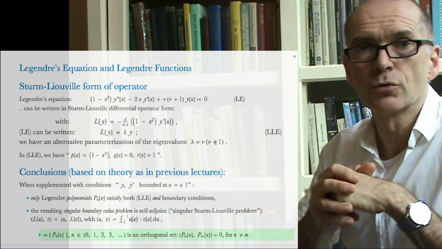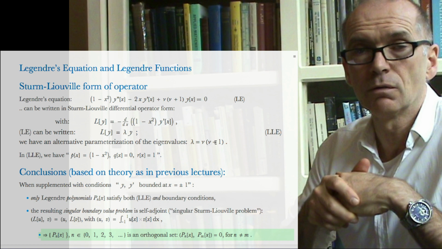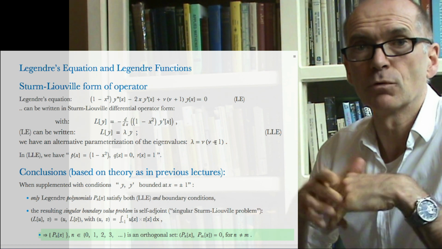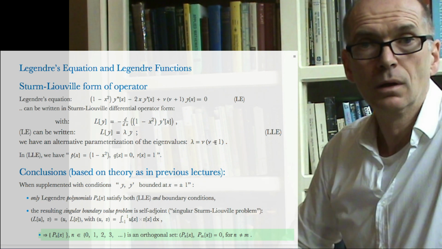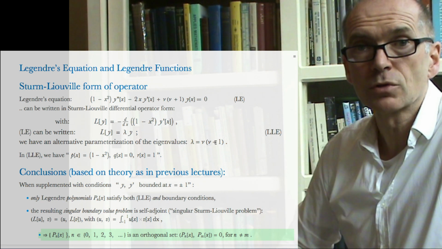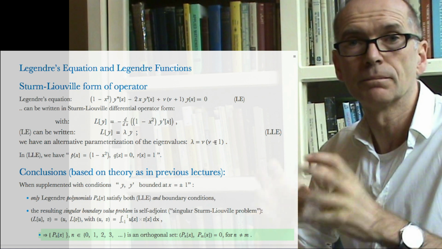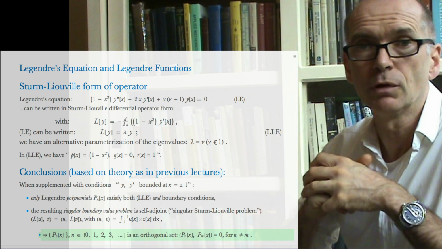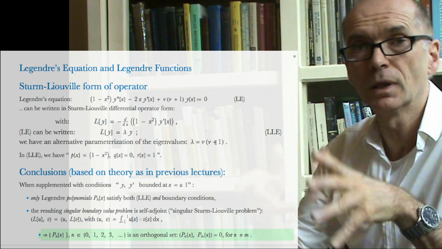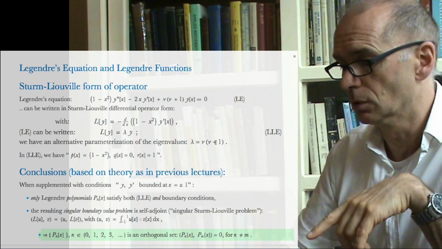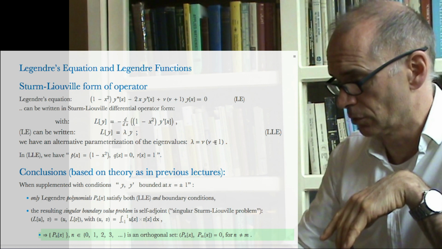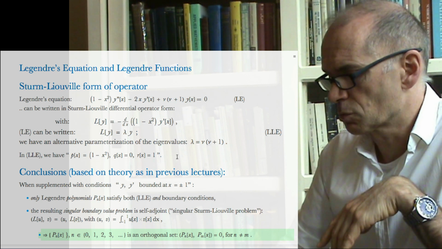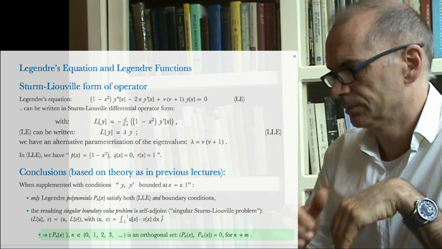And then all those eigenvalues are distinct, different from one another. And from that it follows with the theorem that we had for regular singular Sturm-Liouville problems, if you have self-adjointness and the eigenvalues are different, then automatically the eigenfunctions are orthogonal. So it follows from this that the Legendre polynomials are orthogonal with respect to this inner product